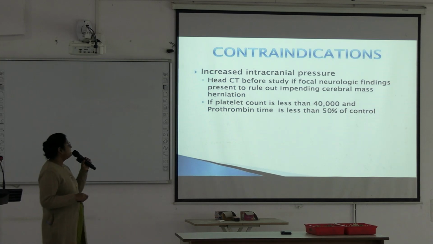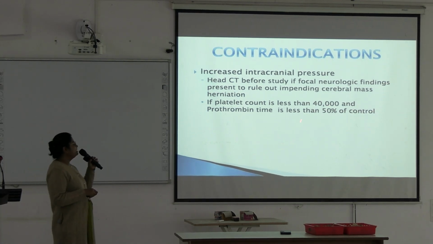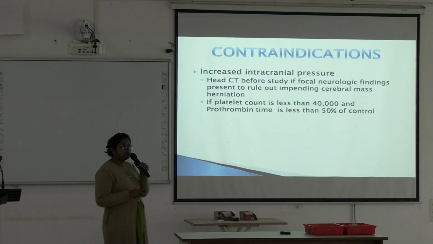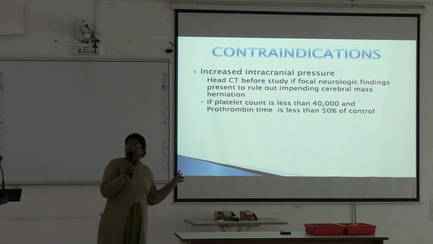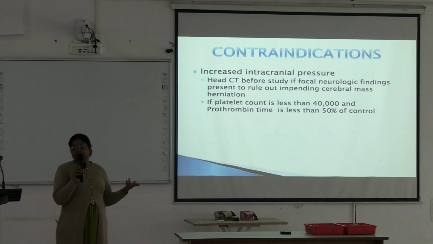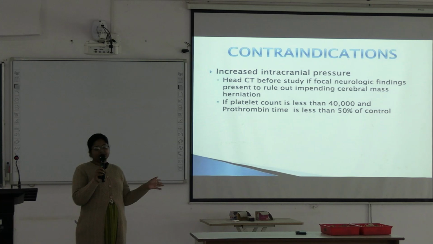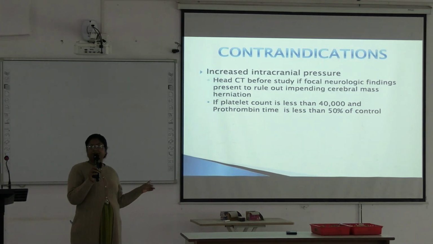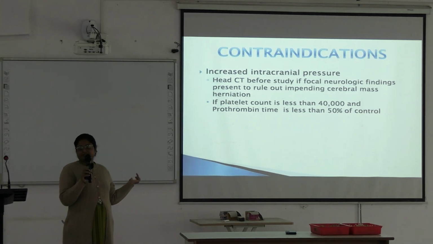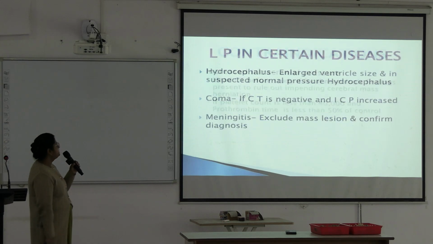If platelet count is less than 40,000 and prothrombin time is less than 50% of control. If there is less platelet, blood clotting will not be proper. So you have to pierce through the muscles and vessels to enter into the subarachnoid space. So there will be bleeding, and bleeding will not stop if the platelet count is less than 40,000. Okay. Next,